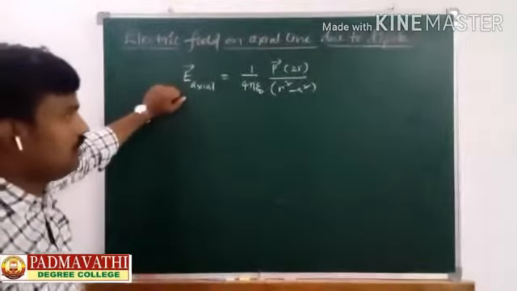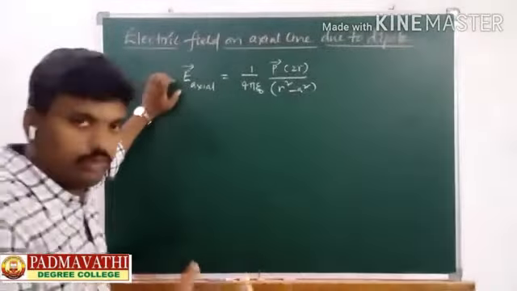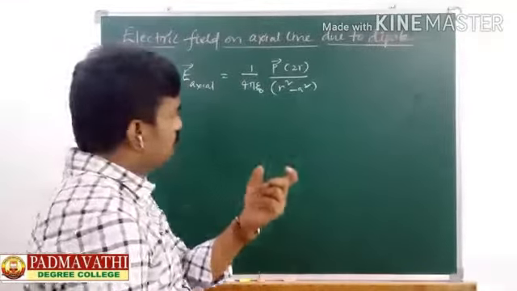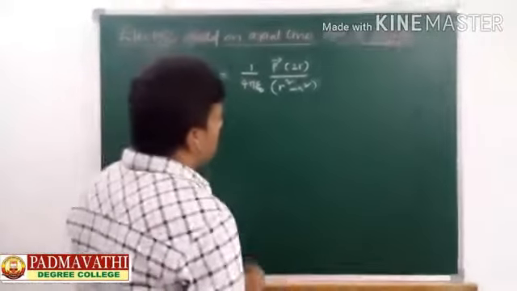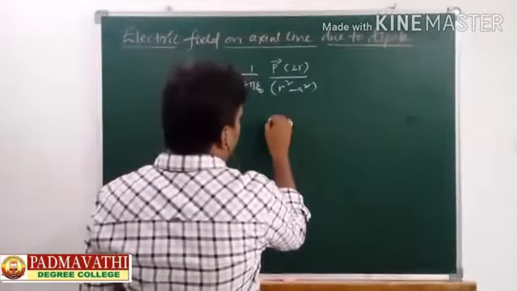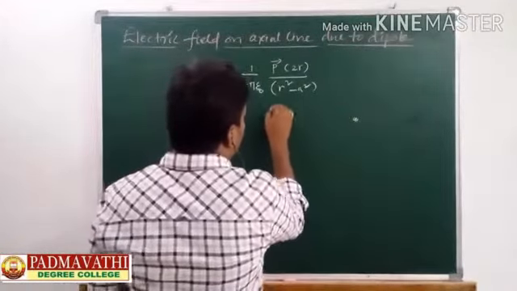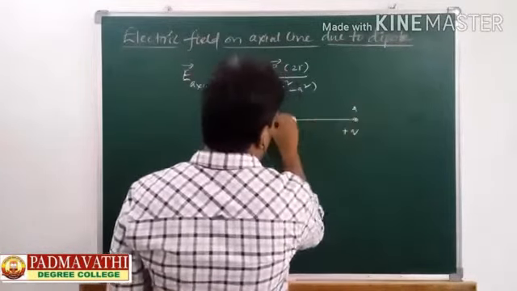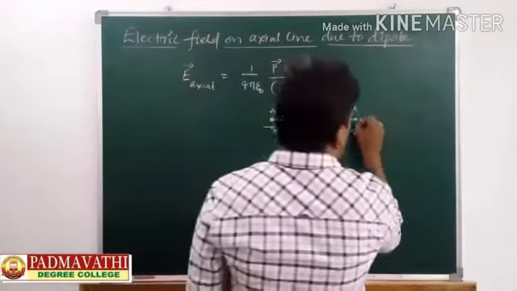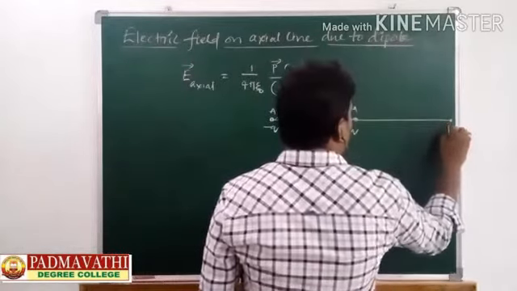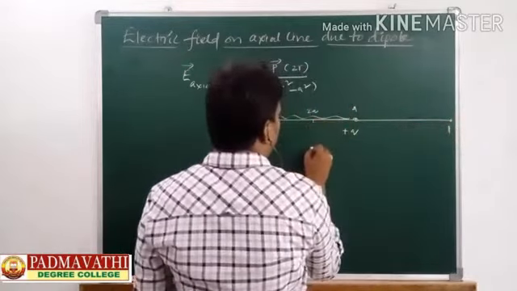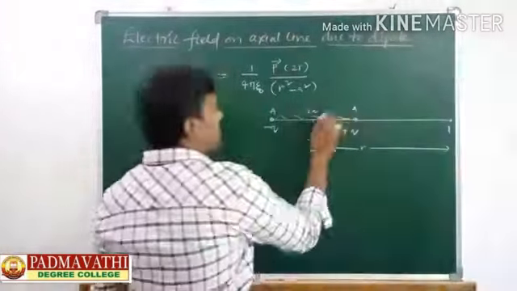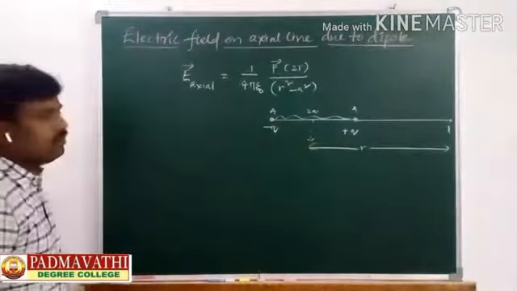So then this is the finalized equation for E axial, and now there is an approximation in this particular equation. We have to go with that. The dipole is going to be very small. It is not going to be lengthy, and it is quite small. So if you are going to consider point P, if this is the dipole here, this is minus Q, and this is plus Q. This distance, you already know, is 2A, and the point P is going to be too far from the dipole, at something like R. So R is far greater than A. That is the approximation we are going to do here.